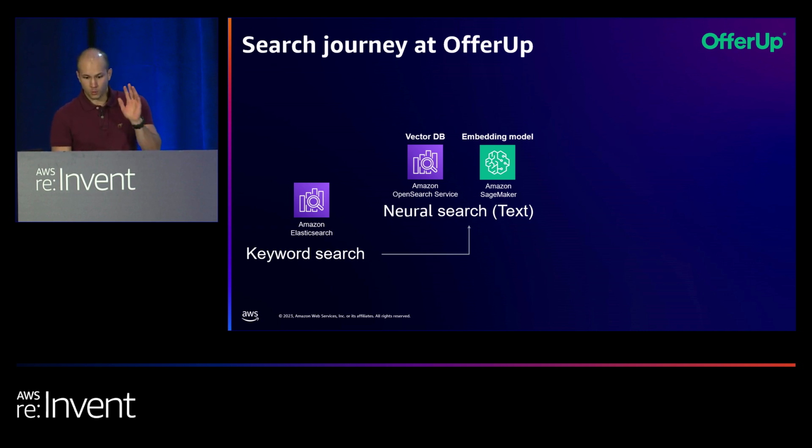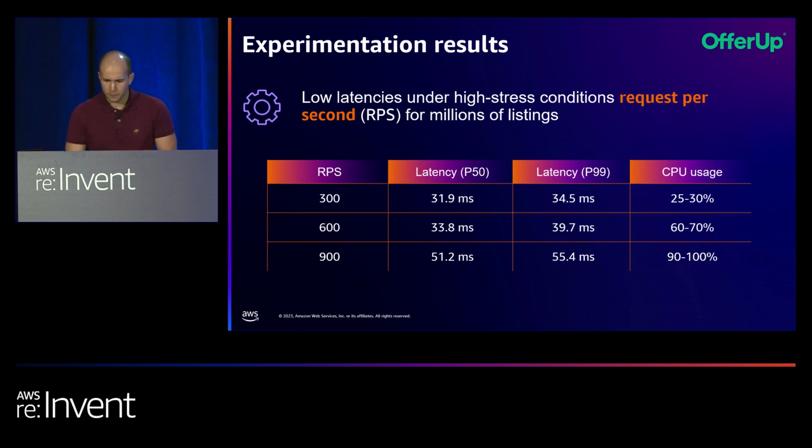For the latency, we performed experimentation. We backfilled the OpenSearch database with millions of listings, and after we backfilled this information, we applied hundreds of RPAs in the database. For all the scenarios, we see approximately under 60 milliseconds for P99, and this is awesome. We are really surprised, and we are really happy to collaborate with the OpenSearch team at Amazon because it has